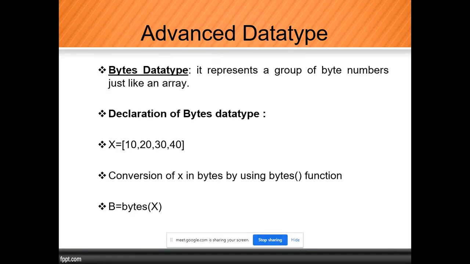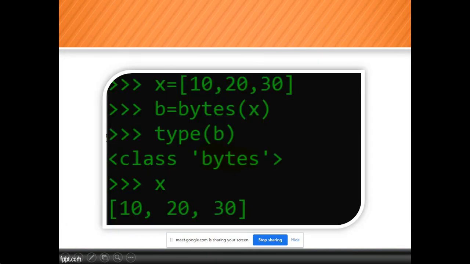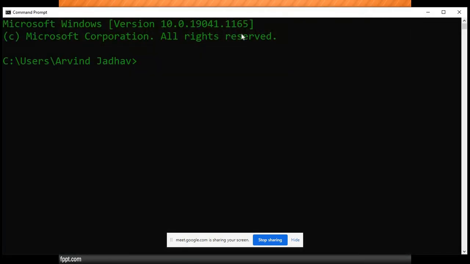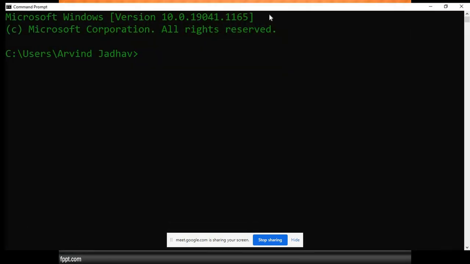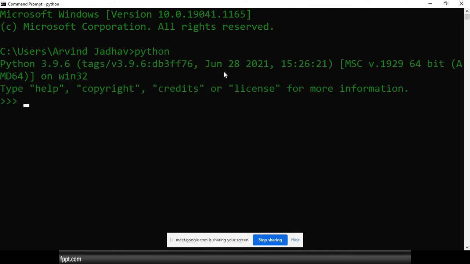So here I will use a command prompt. We'll enter into the command prompt, and after that we'll use Python. How will we use the concept of bytes? Here I am using x as a variable.